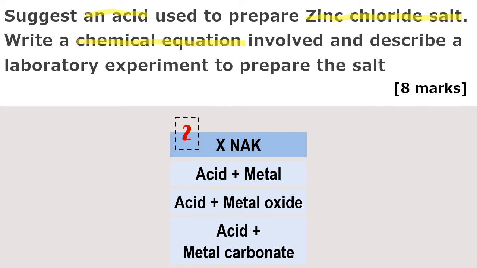So, ingat, every time kalau jawab soalan kimia, mesti bagi specific answer. Lagi-lagi, soalan ni minta kita suggest the acid. So, please, jangan kata acid-acid je. Name the acid. Okay, so kalau kita nak prepare zinc chloride, so asidnya mestilah